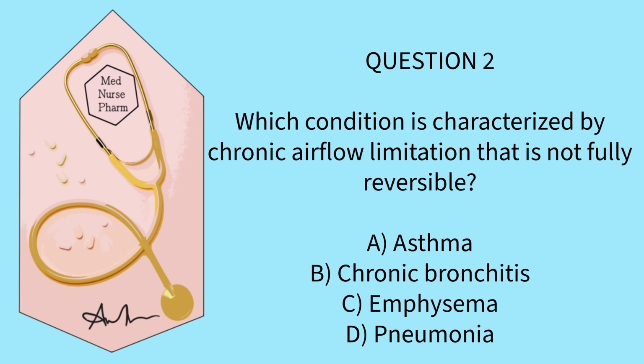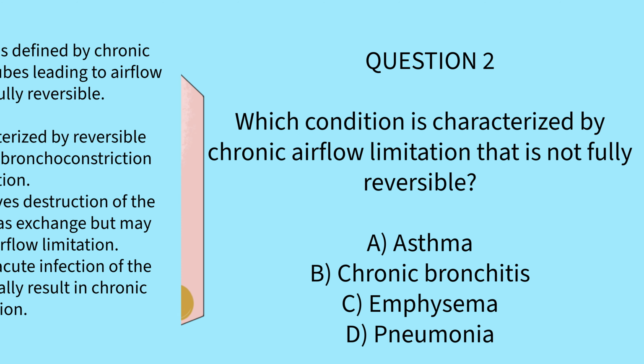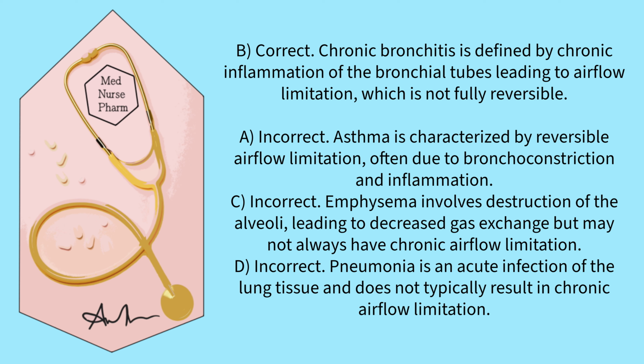Question 2. Which condition is characterized by chronic airflow limitation that is not fully reversible? Asthma, chronic bronchitis, emphysema, pneumonia. Pause the video and select your answer. If you chose option B, you are correct. Chronic bronchitis. Chronic bronchitis is defined by chronic inflammation of the bronchial tubes leading to airflow limitation, which is not